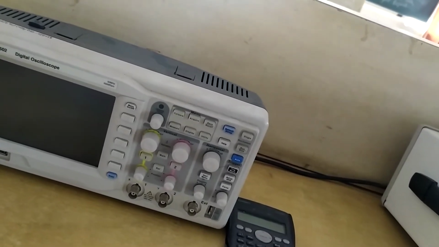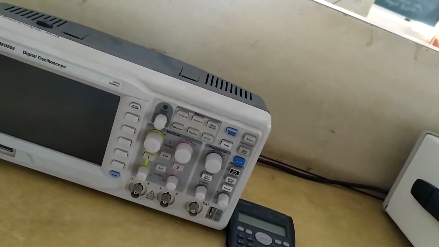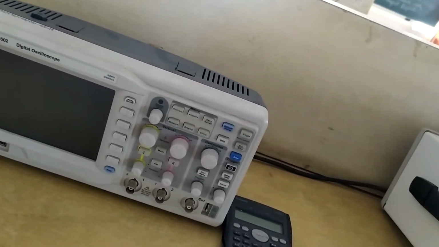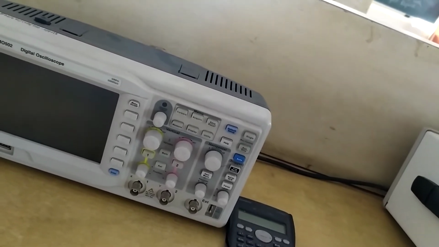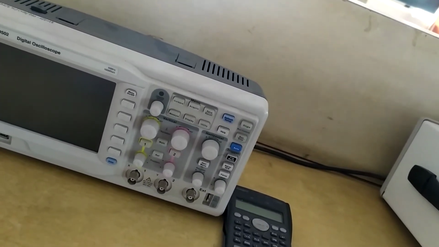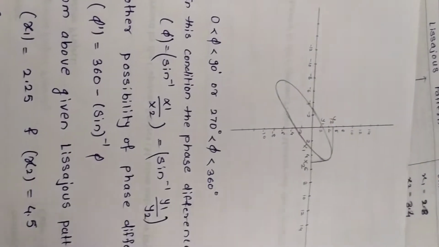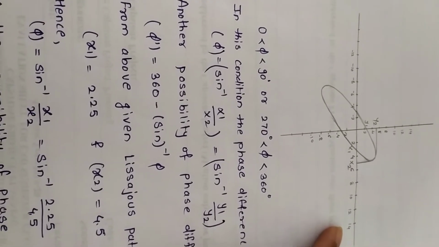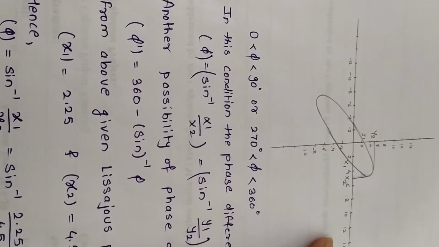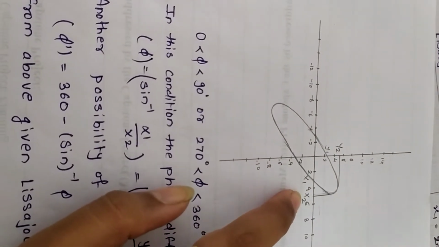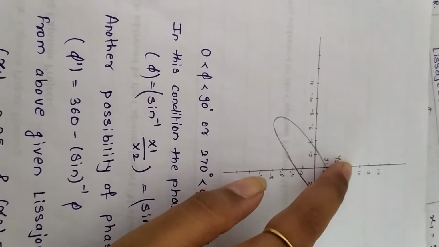In the last video, we found the unknown frequency of the generator using Lissajous pattern, and in this practical we are going to calculate the phase difference. There are two cases to determine the phase difference between two signals applied to the horizontal and vertical plates. Let's consider one example for Lissajous pattern, and measure the phase difference between two plates. Let's consider this pattern. We are going to calculate x1 and x2 or y1 and y2.